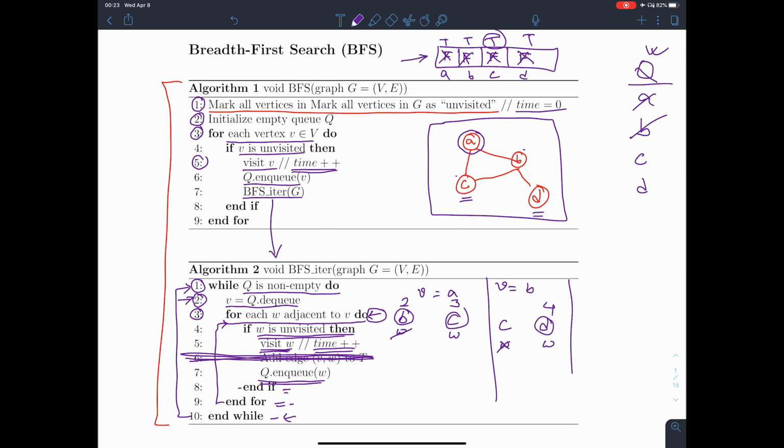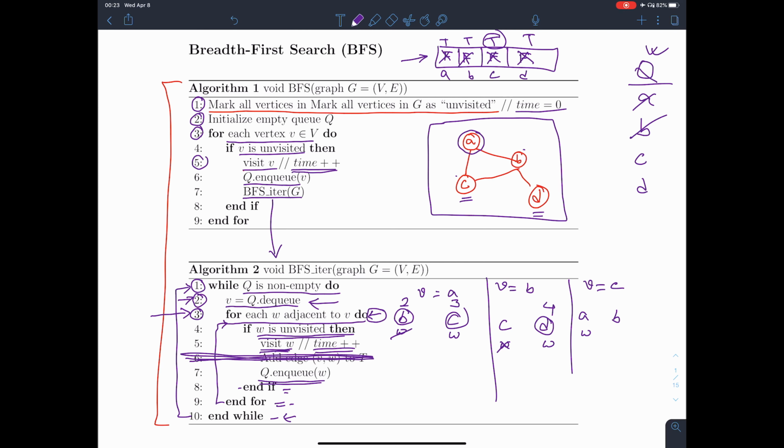When we dequeue the queue, it will be C. That means V equals C. At this time, when we check the adjacent vertex of C, we see the adjacent vertex are A and B. So we came back again in this for loop, which will go through all the adjacent vertex. W will be here,